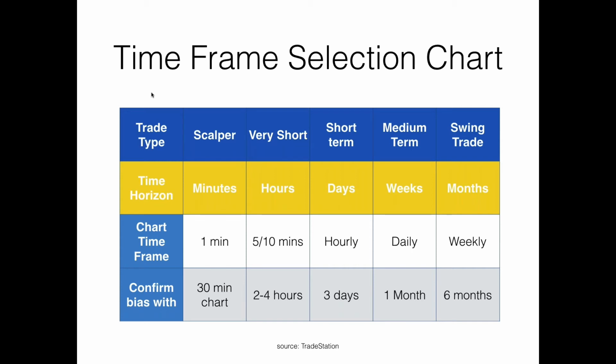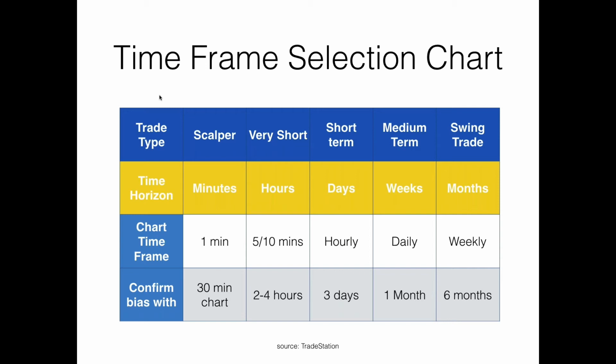If your trade type is very short and your time horizon is hours, your chart time frame should be the 5 to 10-minute chart. You must confirm this bias in the 5 to 10-minute chart with a 2 to 4 hour chart. Now, if your trade type is short-term, your time horizon is days. Your chart time frame should be hourly, and you must confirm the bias with a